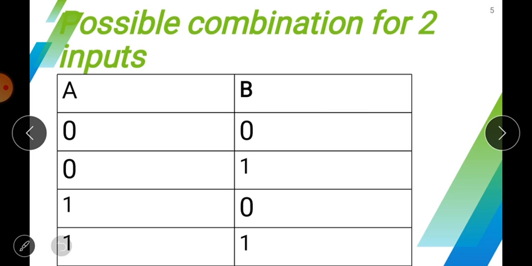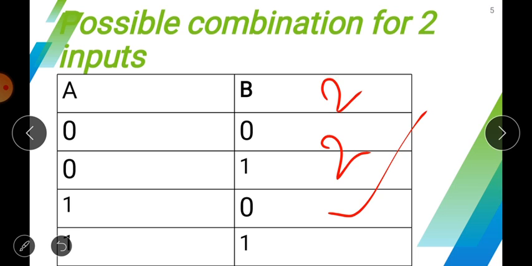A table containing all the possible conditions and the outcome of those conditions according to the logic applied is called the truth table. The table you are seeing in the figure is not a truth table because the outcome is not shown. It is not clear what type of operation you will be applying on variable A and variable B. This table is showing only the possible combinations of the two variables, and the rule through which you can draw the possible combinations is 2 to the power 2.